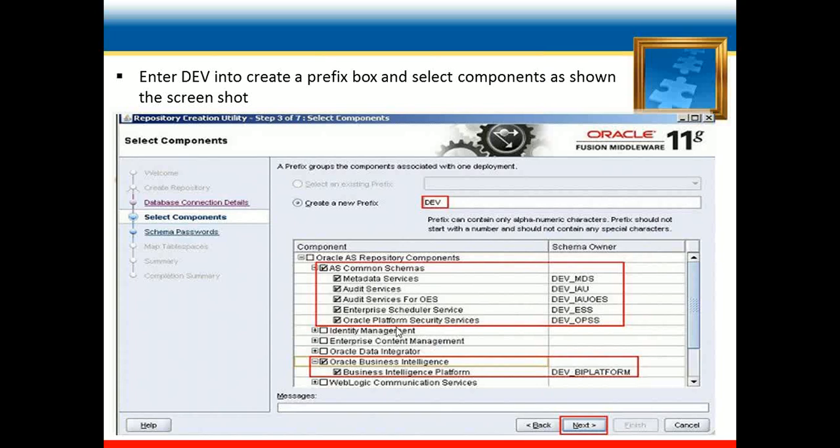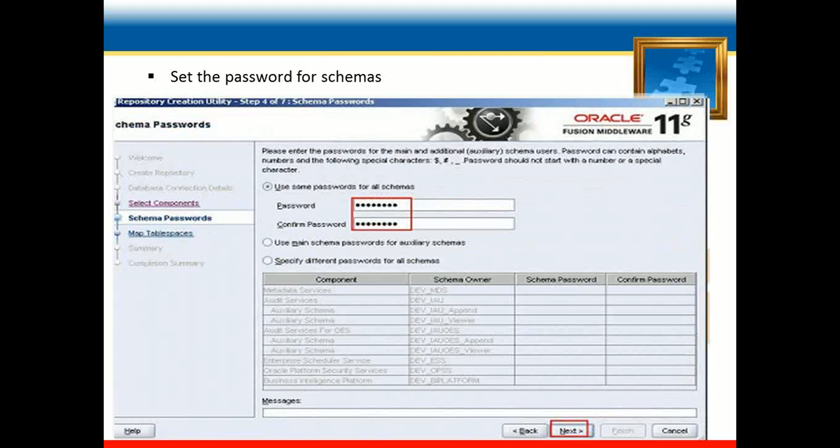Here we mention the other schemas: audit services, Dev AU, and audit services for OES, enterprise scheduler services, then OPSS for Oracle Platform Security Service, and ODS for Oracle Internet Directory. These are the schemas mentioned on the screen, and just click on the next button.